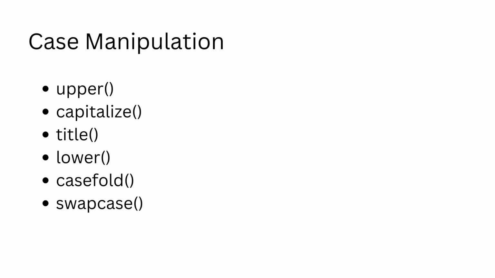Python strings are armed with a lot of helpful methods. In fact, strings have the most number of methods among all the iterables in Python. For the sake of simplicity and easy comprehension, the methods have been categorized according to their functionality. The first category we'll be looking at is case manipulation. We have quite a few methods for playing around with the case of the characters. We can convert the string into uppercase, lowercase, swap the case, and so on. Let's look at each method with some examples, shall we?